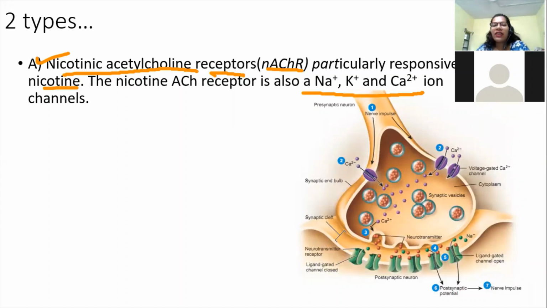Now let's see in the figure. You can see that we have the presynaptic neuron, and you are getting a nerve impulse. It results in the calcium 2+ ion channels opening, so calcium goes from the outside to the inside. Inside, we now have a high level of calcium. Because of the increase in positive charge, it is a signal that the neurotransmitter should be released via exocytosis.